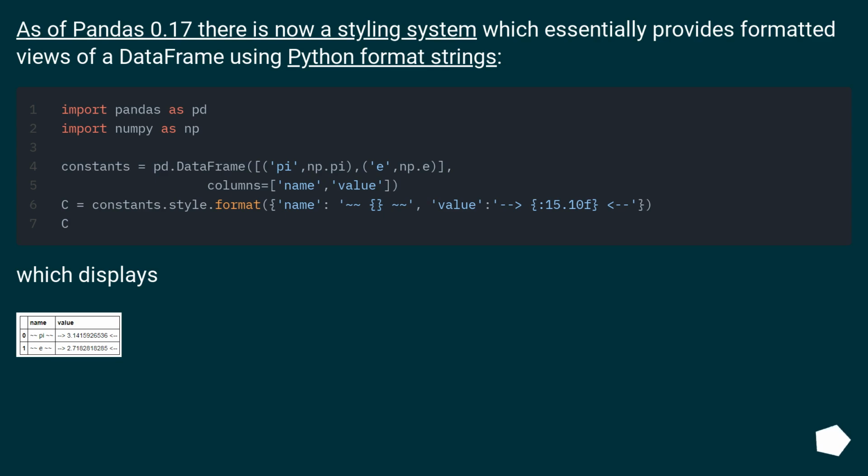As of pandas 0.17, there is now a styling system which essentially provides formatted views of a data frame using Python format strings. Which displays